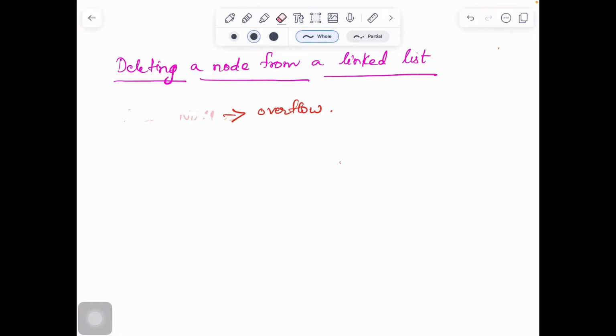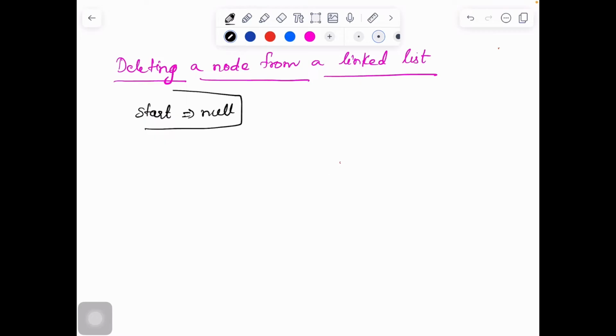Now, for a deletion to happen, first we want a node in a linked list, right? So if the linked list is empty, then we cannot perform the deletion operation. The variable start indicates the first node of the linked list. Hope you can recollect it. So if start is equal to null, it means there is no node in the linked list.